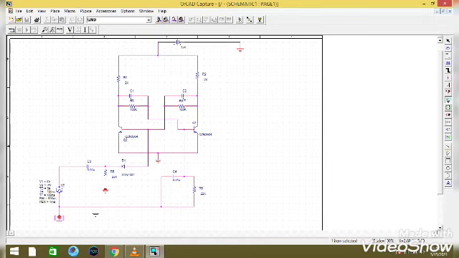Now in order to run the circuit, we have to create a simulation profile.